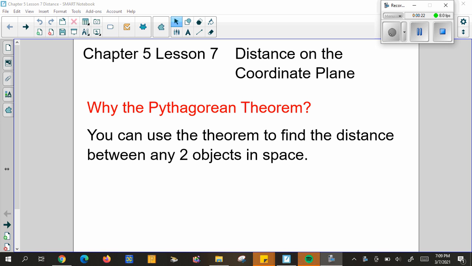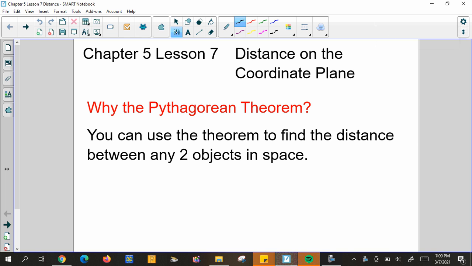And the way this is going to work for us is if I have 2 points, those 2 points, this straight line between them, I could figure out how long that is. But to do that, I need to know the vertical and horizontal distances. When I do, this creates for me a right triangle